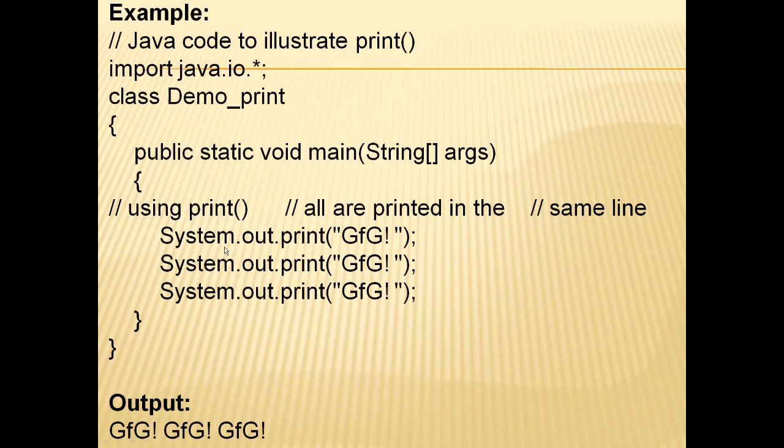When we write System.out.print and the message which we want to display on the screen, then we will close the brackets 2 times here because we have opened brackets 2 times. So the output will come like this. By the print command, the message will come in the same line. It will not go into the next line. It will come in the same line by using this command System.out.print.